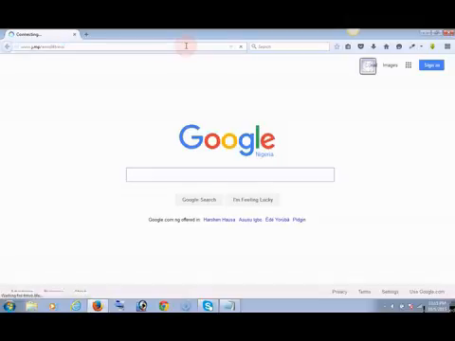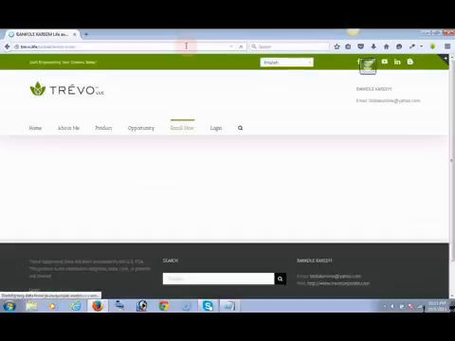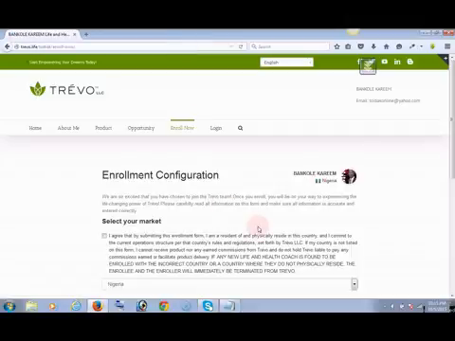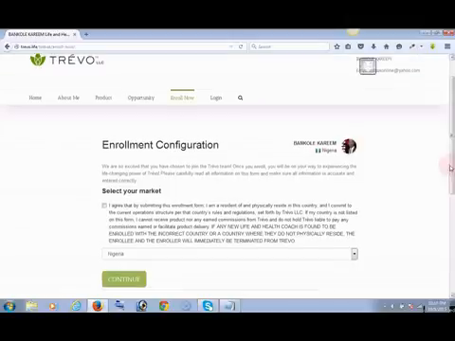So I click on my browser to go there now. Now it has taken me, it will take you to the enrollment configuration page, and this is where you will do your enrollment. So now the first thing you have to do is to agree with the terms and